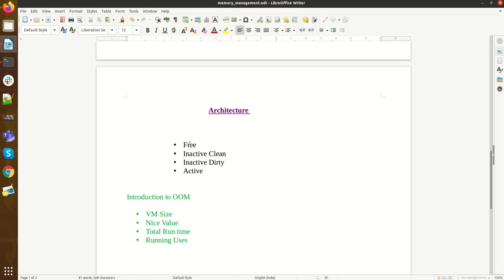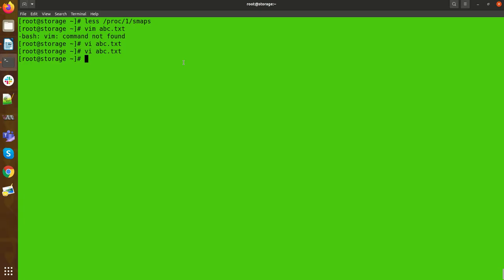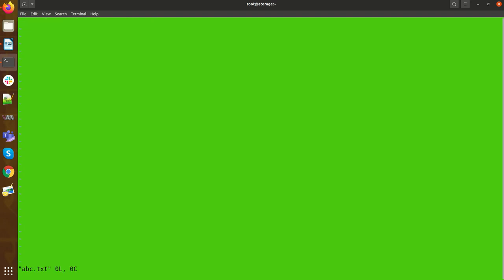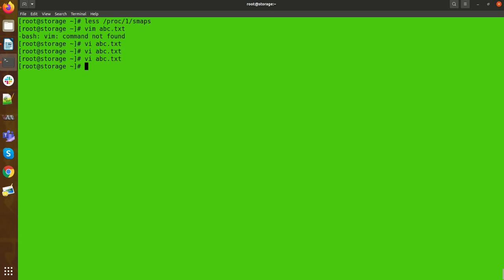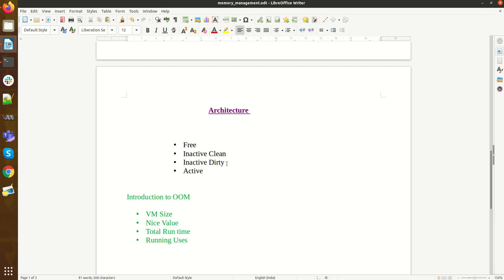The second one is inactive dirty. When I open this file and write something in it, this state is called inactive dirty. It means your page came from disk, you wrote something, and now it's in your RAM.